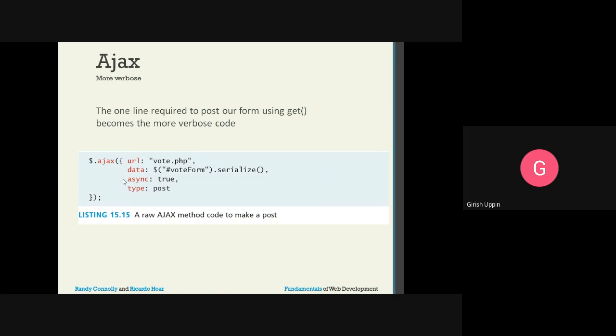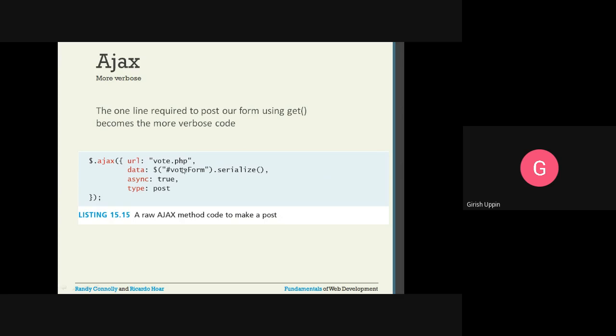The one line required to post our form using get becomes more verbose code. What we saw was a simple get method, right? If you want a more detailed call, it would look like this: $.ajax, and inside the curly braces we have url. So it is a key value pair.